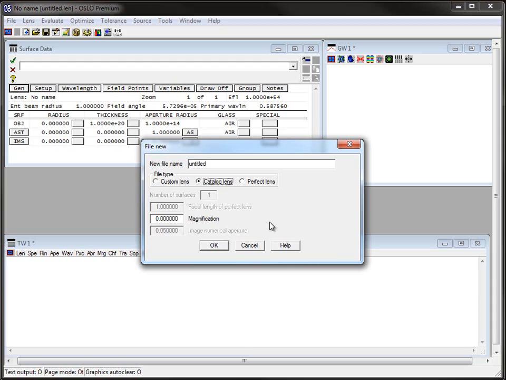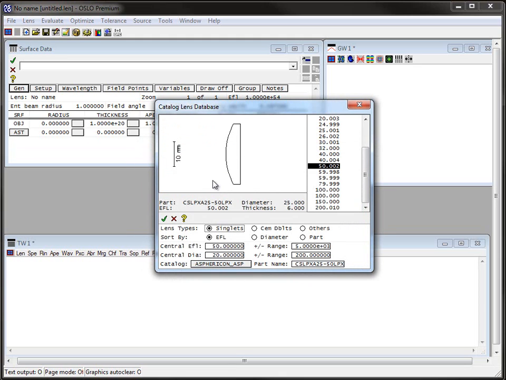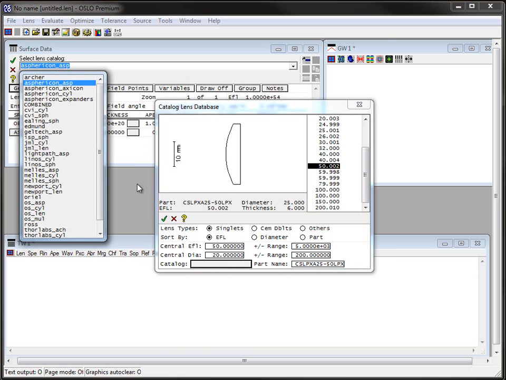When this pop-up menu opens to start the new lens, you have a choice where you can pick a catalog lens versus a custom lens or perfect lens. When you do this, it opens to a catalog lens database, and the database has a number of different